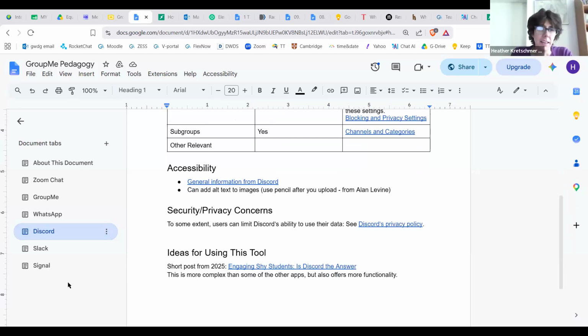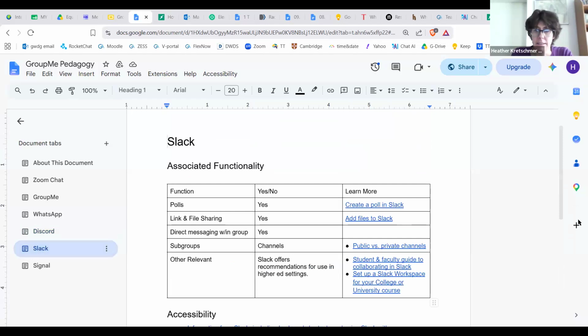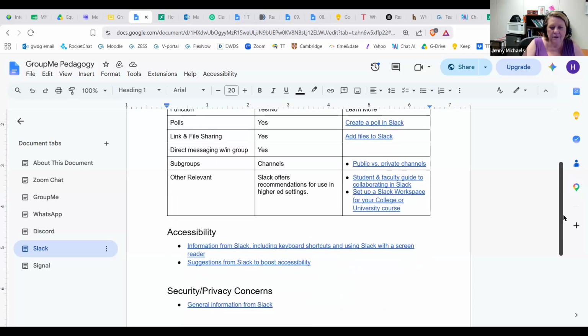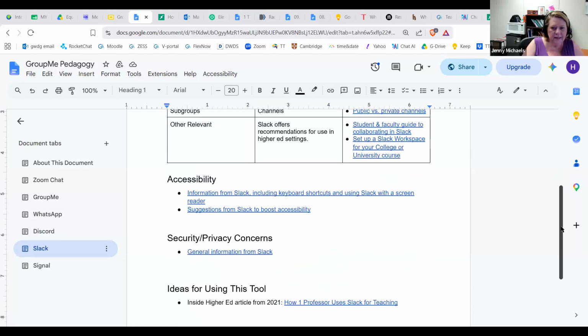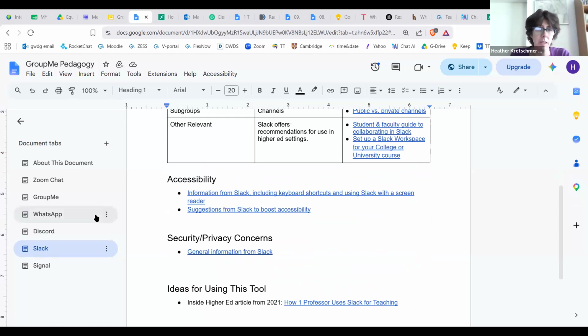And then there's Slack, which I think we added an article about. Slack had some ideas on setting it up for higher education. Also, there was some information about making it more accessible for people with disabilities, for example.